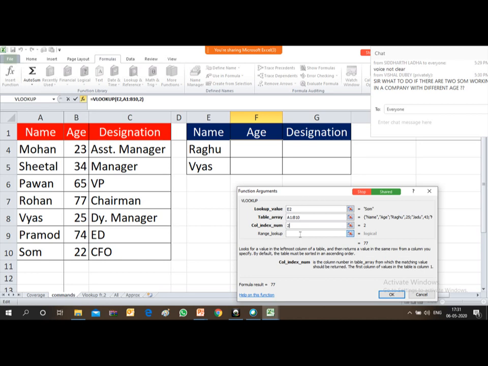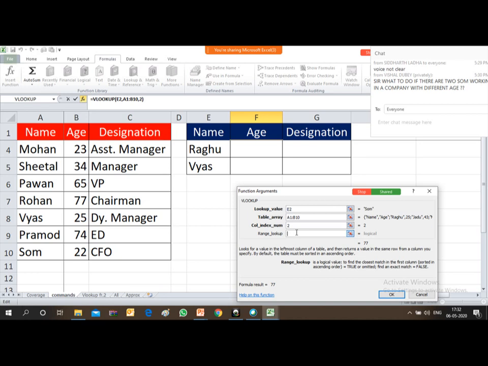And then range lookup. In the range lookup, that is the logic. If you put 0 over here, the system will exactly match the value in the selected area. If you put 1, then it will approximately match the value in the selected area.